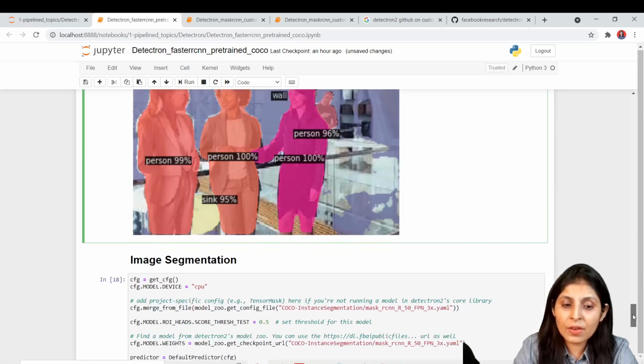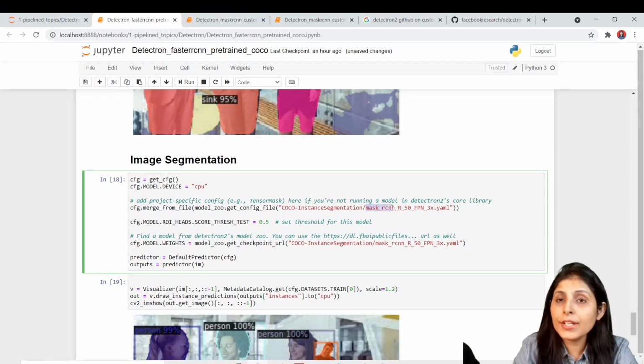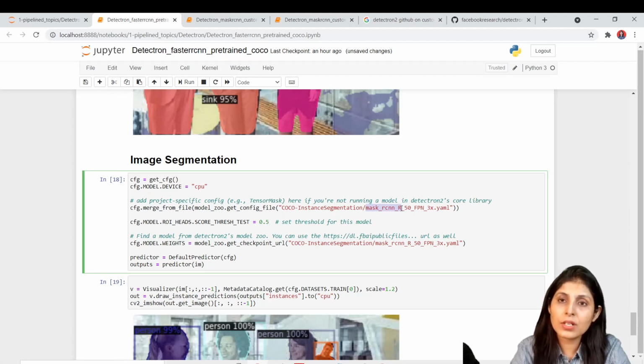In the same way, when you want to perform image segmentation, in Detectron 2 they have implemented the code for Mask R-CNN. You can check my YouTube channel, where I have posted videos on Mask R-CNN. There we do so much work to execute that code.